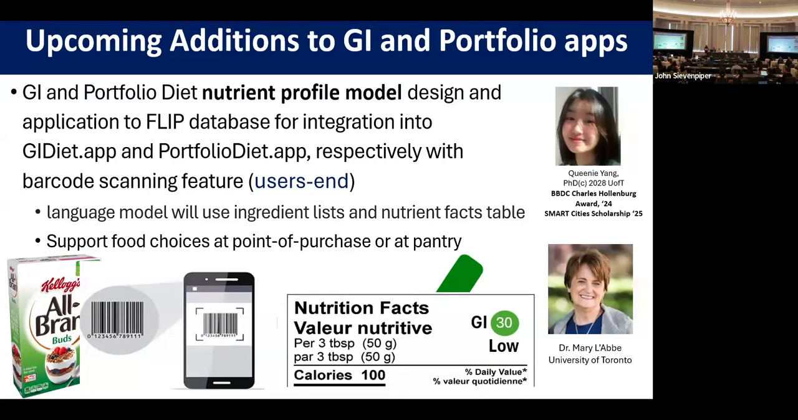So layering in things like where there would be a product that might have a front of pack label on it, a warning label that would not be recommended as a food of choice. But creating those nutrient profile models, validating them, and then integrating them into the Flip database so that we can integrate a barcode scanning feature into the app so that if they go to the grocery store, they can scan a food and it can help them with selecting foods at point of purchase that align with either of those